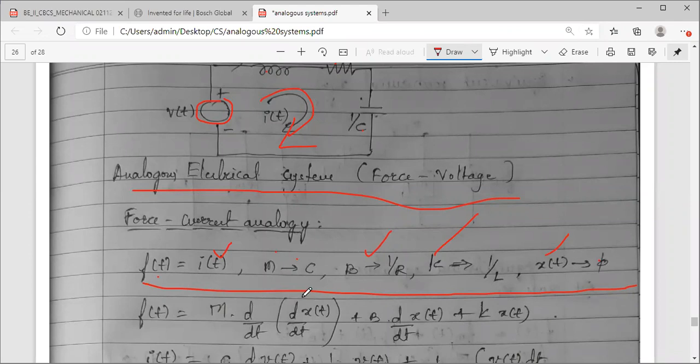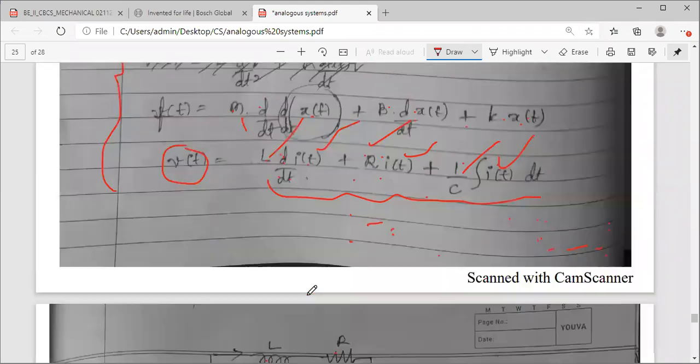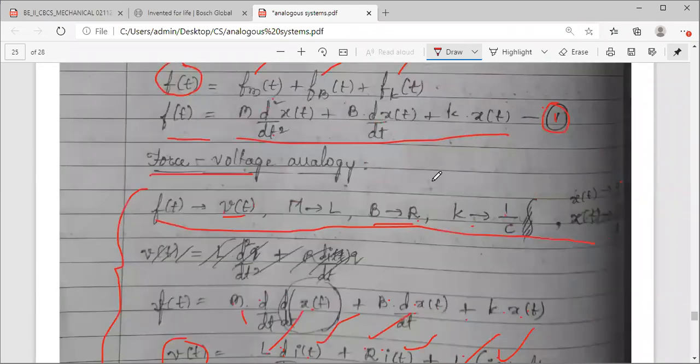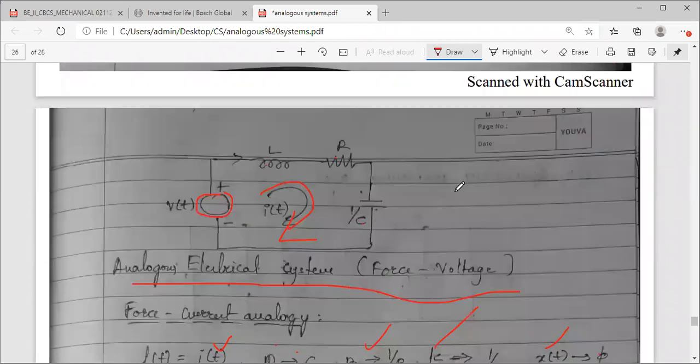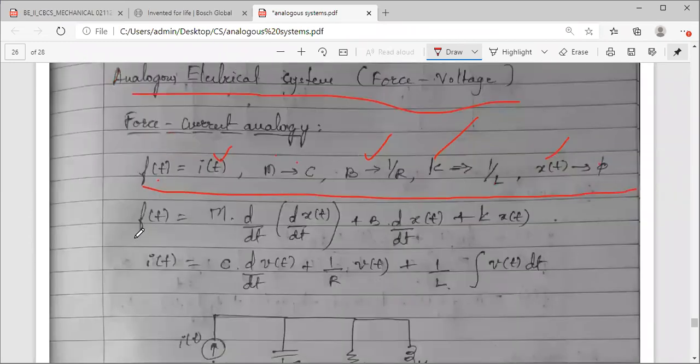Now what I will do, again taking the help of this equation 1. Hopefully I have written one more time. Yes, I have written one more time here. Easy for me. No need to scroll again and again. This is your force equation, equation number 1. The only thing is, here the double differentiation, I have split this. Okay, double differentiation is split.